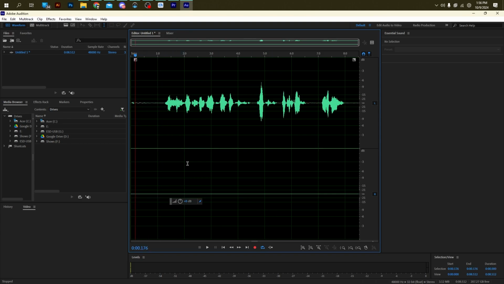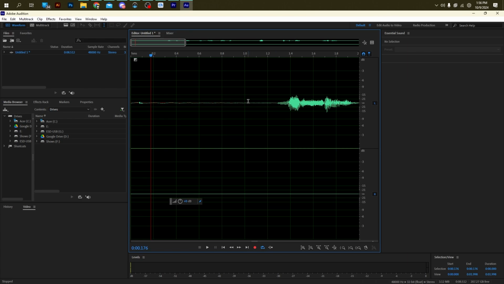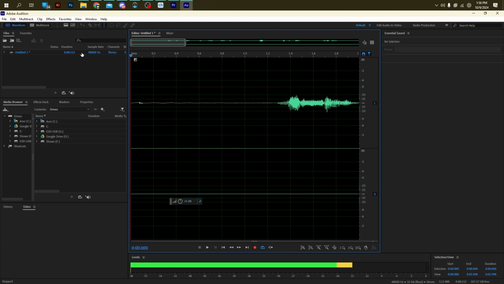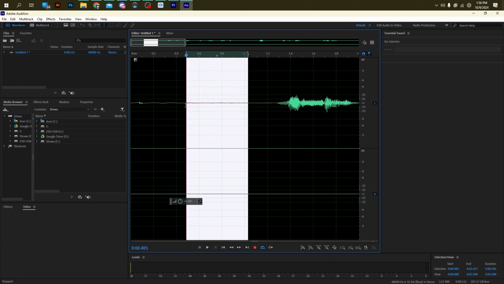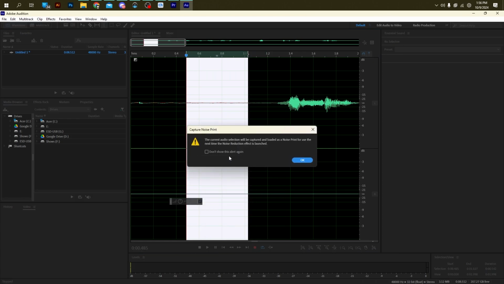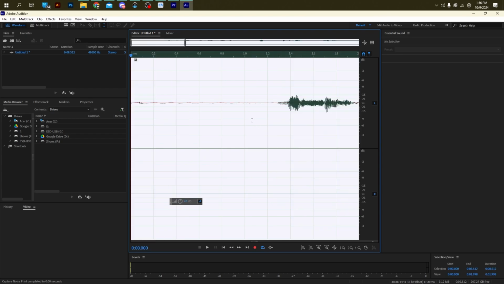So what we're going to do is zoom in right here at the start, and you'll notice we left some dead space in our recording. Let's listen here. This show brought... So you can hear that I left a little dead space, and that's actually extremely important. We're going to highlight a little bit of this dead space, right click, and capture noise print, and then I press Control A to select it all,